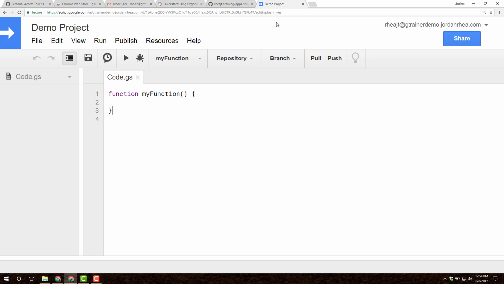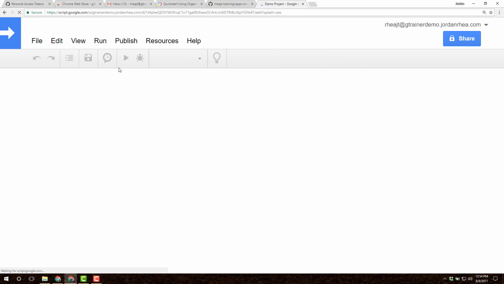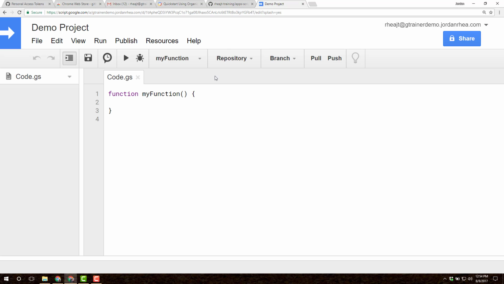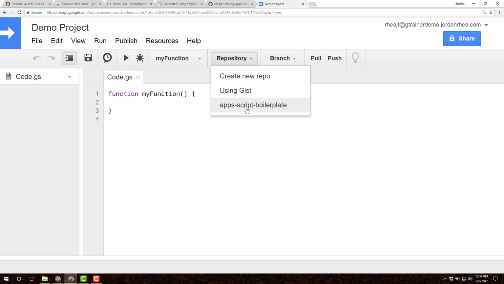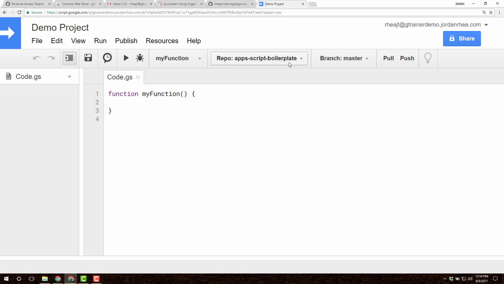Now what we can do with that, I'm going to refresh this script that I created, this demo project, and you should see the repository AppScript boilerplate now that I've forked that. Here you'll see every project that you create. So as you create more and more projects, or if you already have some projects going on your GitHub account, those will show up there. But I'm just going to choose my AppScript boilerplate,